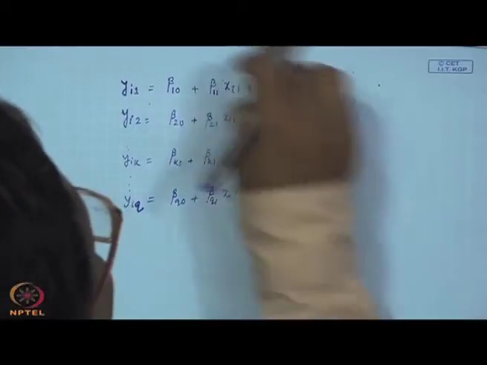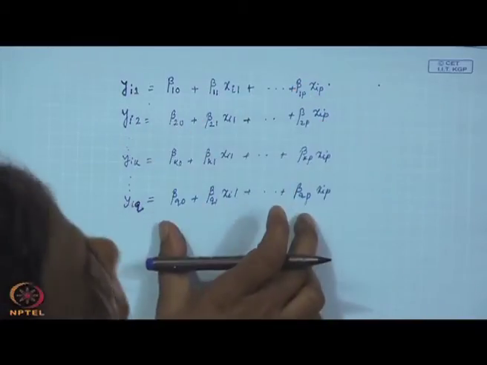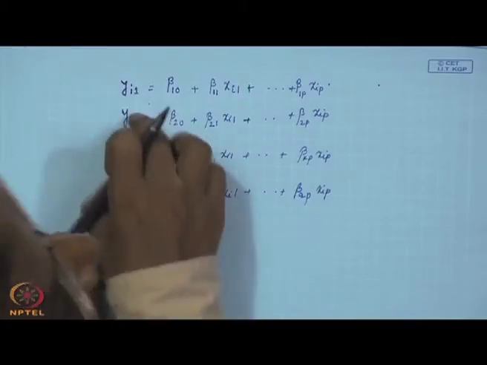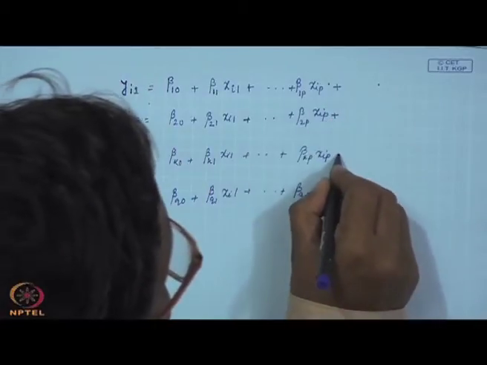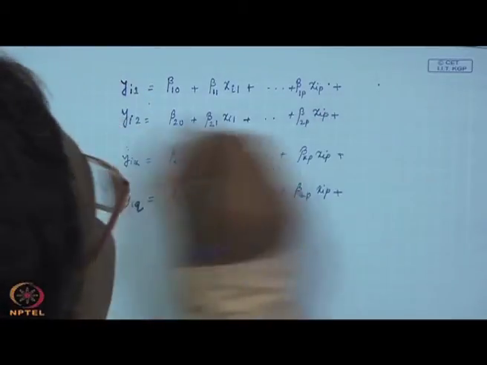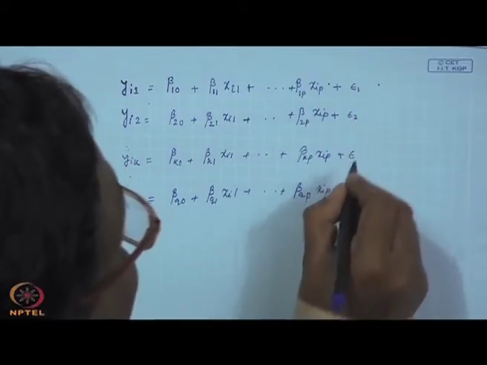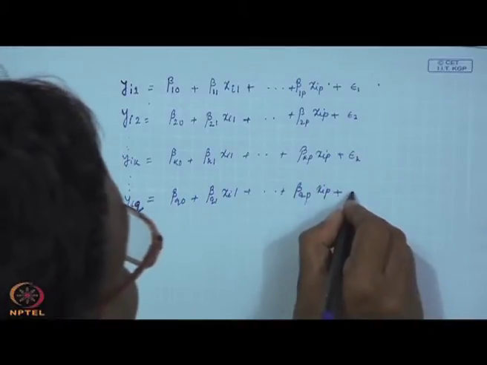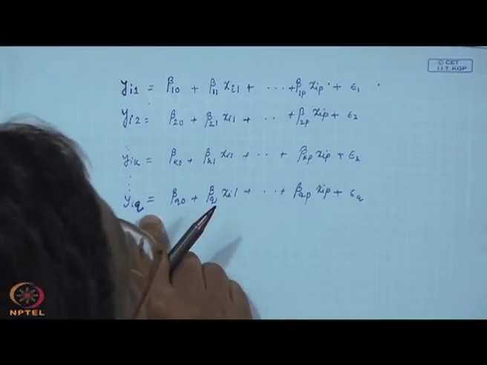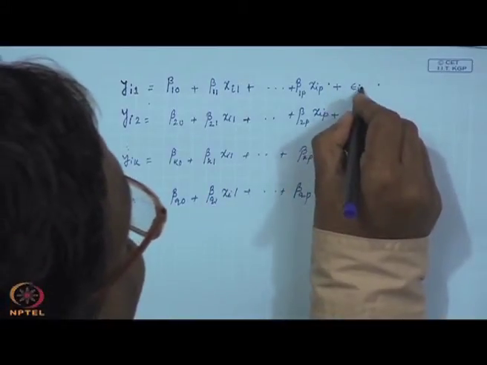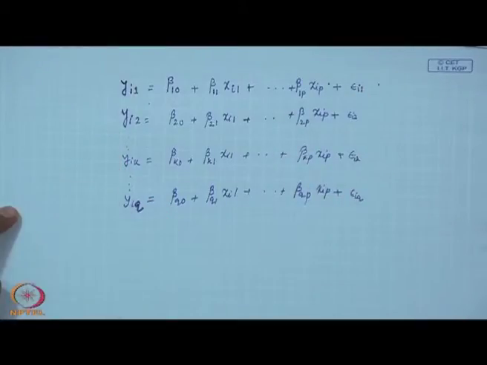So, this is from the x point of view, y and x, but x cannot capture y in totality. So, the error term we also require to add everywhere, which we have not added here. So, this will relate to the first y variable, the second y variable, the kth y variable, the q-th y variable, but these are all related to the ith observation. Okay. So, x i1, epsilon i1, epsilon i2, epsilon i k, epsilon i q.